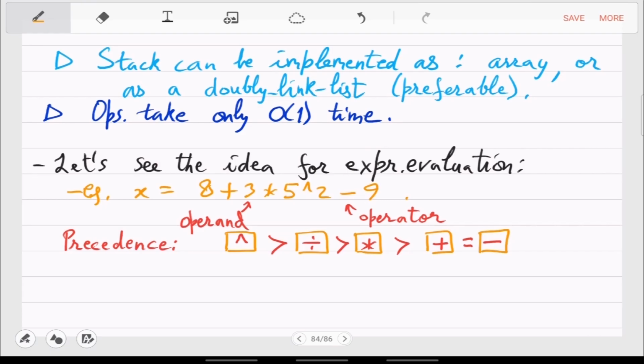How will they compare with these operators? They come first, right? If there is a parenthesis, then you first focus on the parenthesized part and don't worry about what is outside. So parentheses get precedence over this, but we'll get to that later. It will be very similar, so let's not mix up with parentheses.